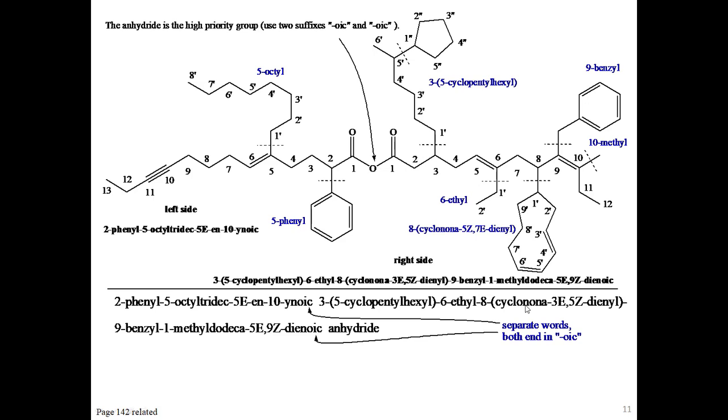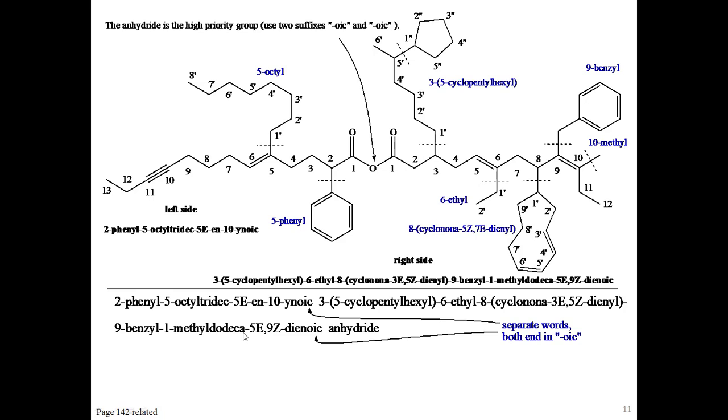So it'll be a cyclo, non, a, and then 3E, 5Z, di-ene, substituent, yl. Okay, so just break it down to its parts. And then at 9, I have a very simple benzyl. And at, whoops, I called that 1. It's really, this should be a 10. 10-methyl,